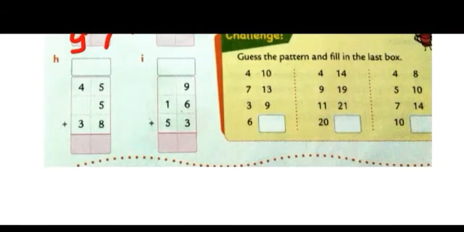Now we will try this one, and the remaining you will do as homework. 9 plus 6 plus 3. Okay, 9 plus 6 is 15. 15 plus 3, 18. So we will regroup 18. 8 will be written in the ones column and 1 will be carried to the tens column. Now we will add the tens. 1 plus 1, see, the doubles are there. 1 plus 1 is 2; you can add this first. 2 plus 5, 7. So the answer is 78.